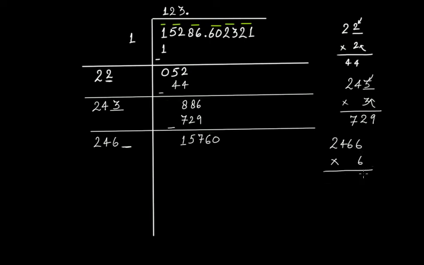6 times 6 is 36, 6 times 6, 36, 39, 6 times 4 is 24, 27, and 2, 1, 14,796. So you write 6 here and then 6 here and then 14,796. When you subtract it, you get